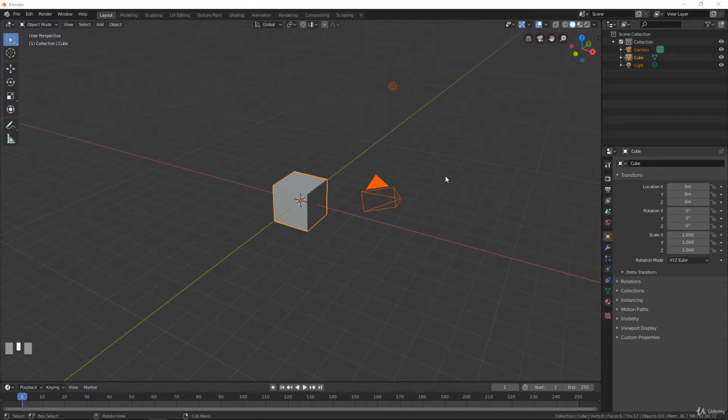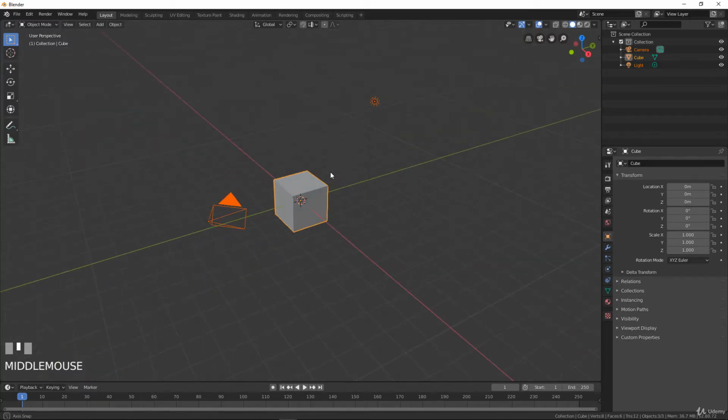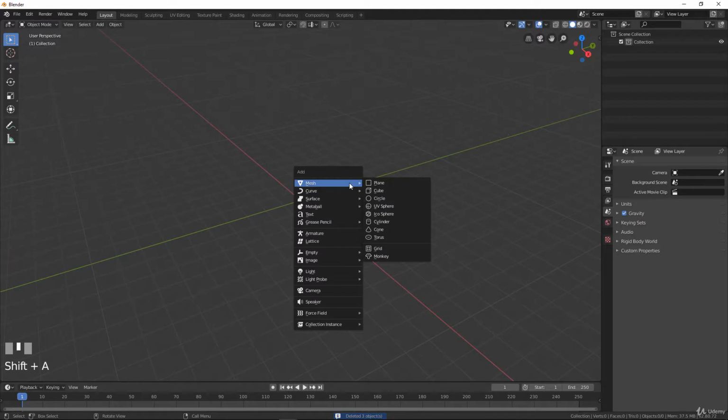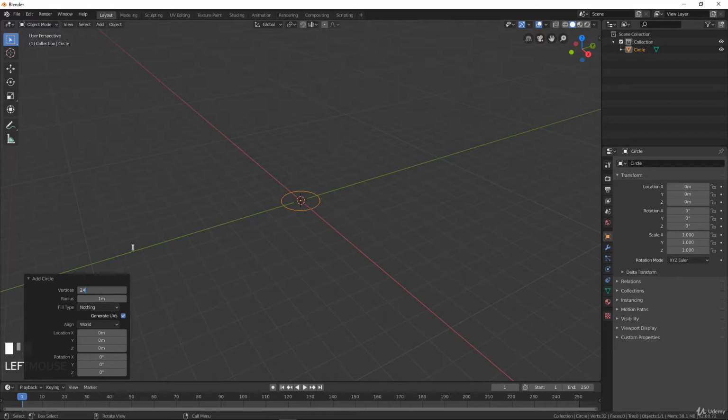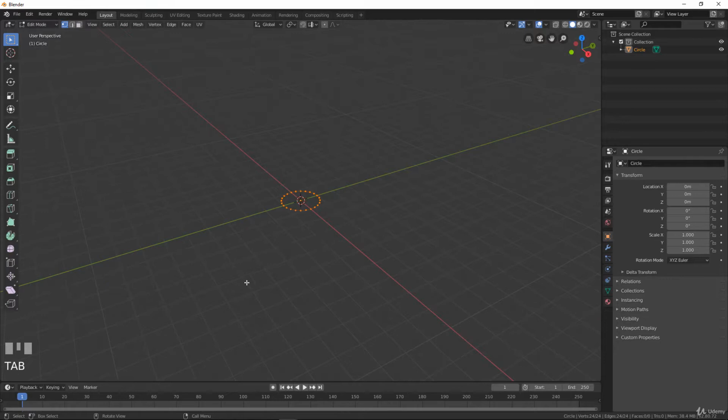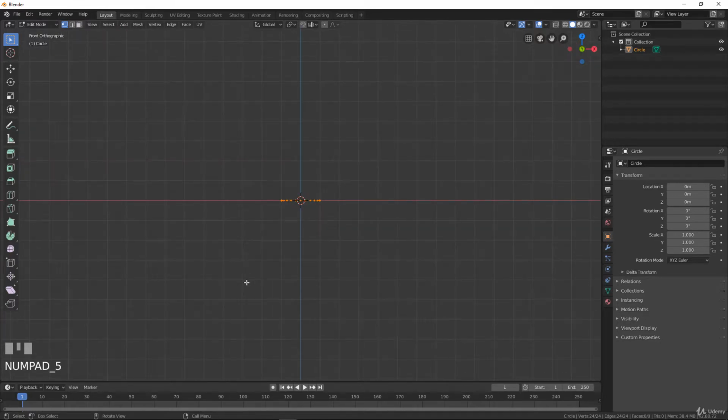In this video, we will model headphones. So to start this modeling, we will just select everything, remove everything, and add a circle this time. This circle will be 24 vertices. Then we will go into edit mode with Tab, and in front view into orthographic mode, numpad 1 and 5,